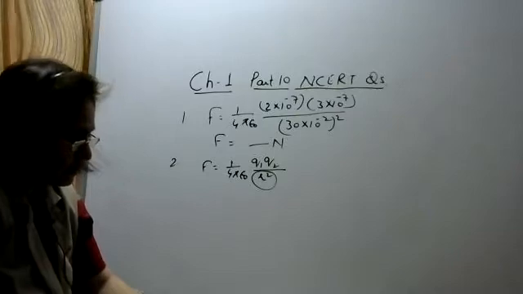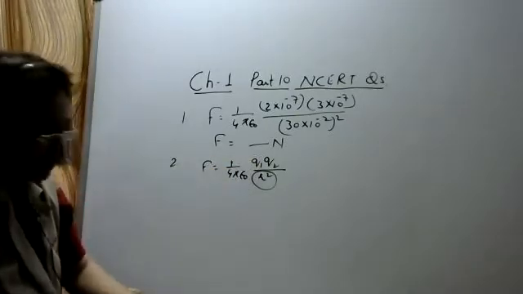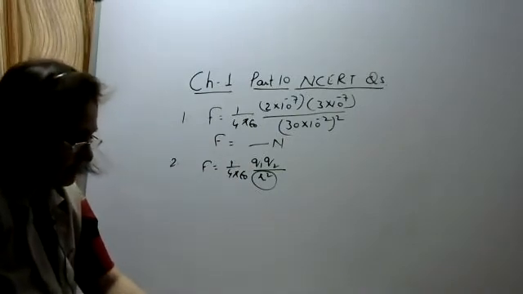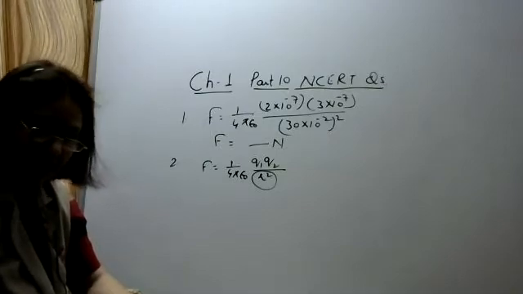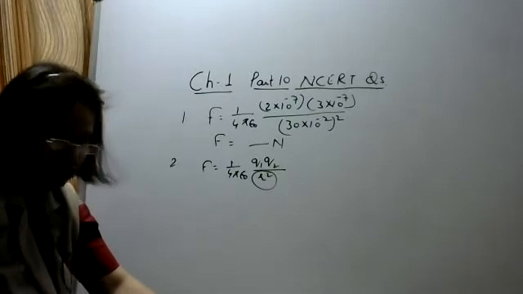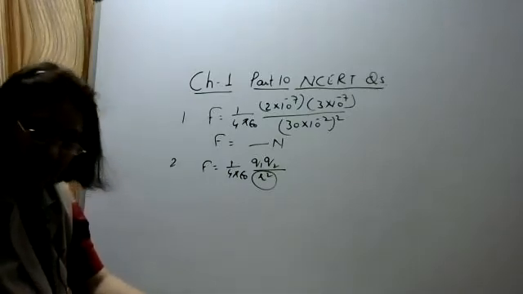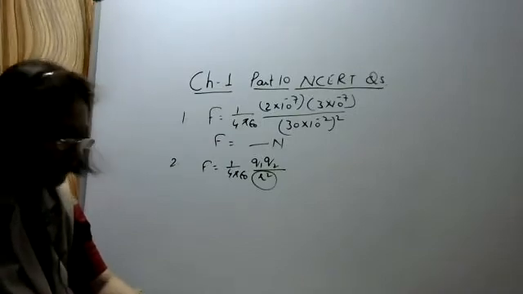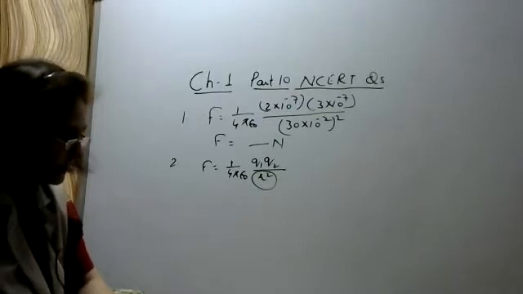What is the force on the second sphere due to the first? The first sphere is attracting the second one with a force of 0.2 Newton. When we studied Coulomb's law in vector form, the forces in magnitude are equal. So the second sphere will also attract the first sphere. That is, the second sphere will also exert a force on the first sphere which is equal to 0.2 Newton.